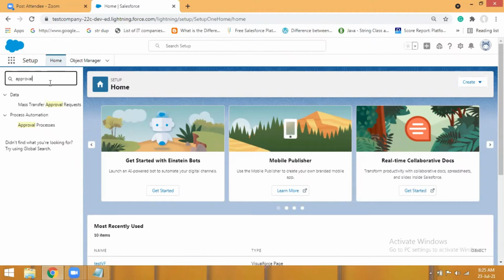So likewise, there are many tools available under Sales Cloud that help you to keep better track of the sales of the company. There is one more cloud that is called Service Cloud. So let's say I have already sold 100 laptops to a customer, and now the customer is facing some issue with a laptop. Let's say some heating problem or some battery problem, or some kind of issue. So Service Cloud is where they should go and they can log a complaint. And once they log a complaint, within how many hours that complaint should get resolved, what are the different levels of escalation, and tracking that complete case starting from the beginning.